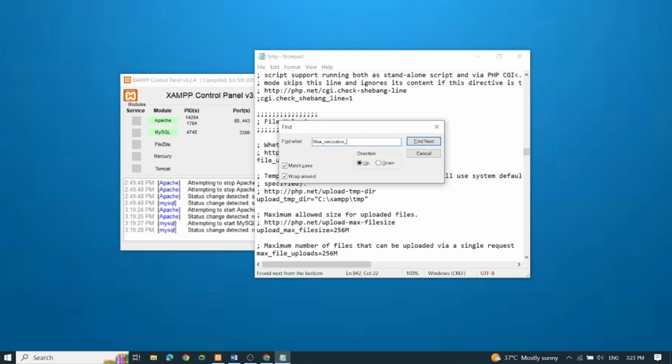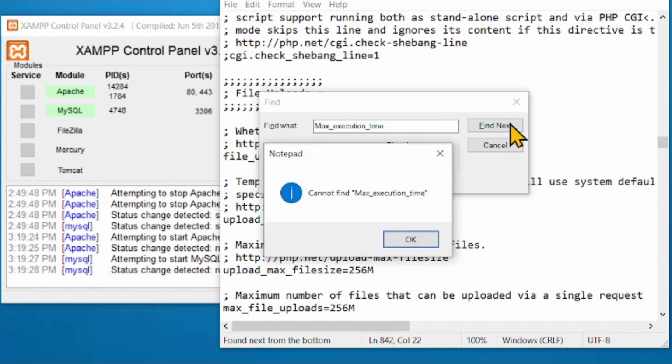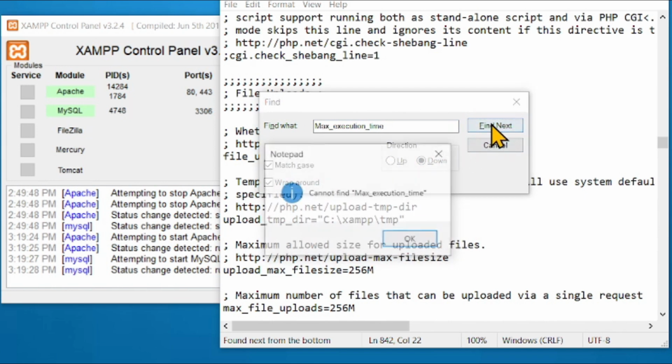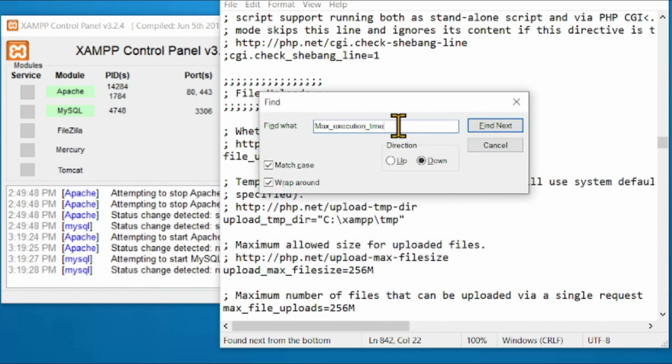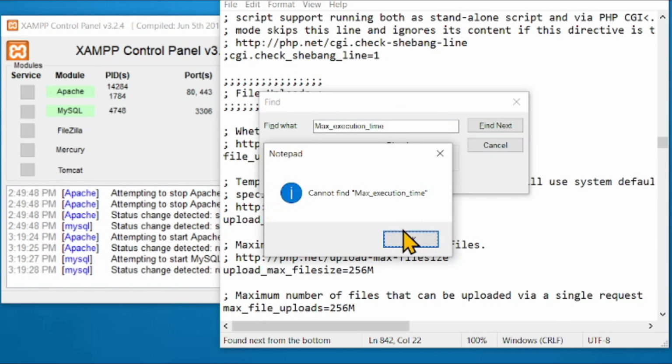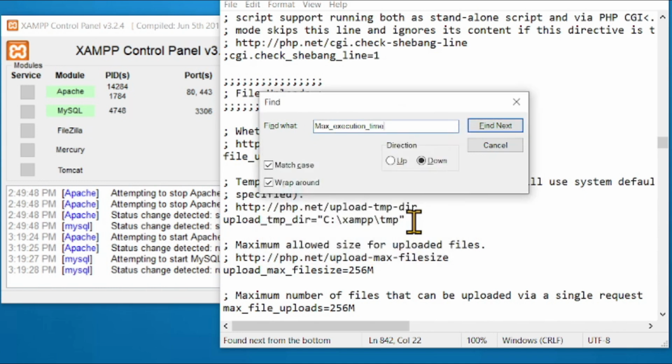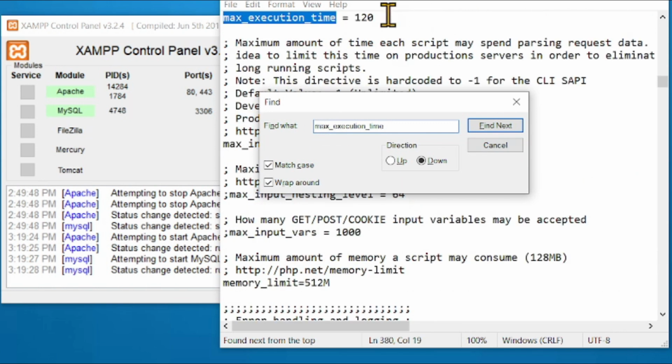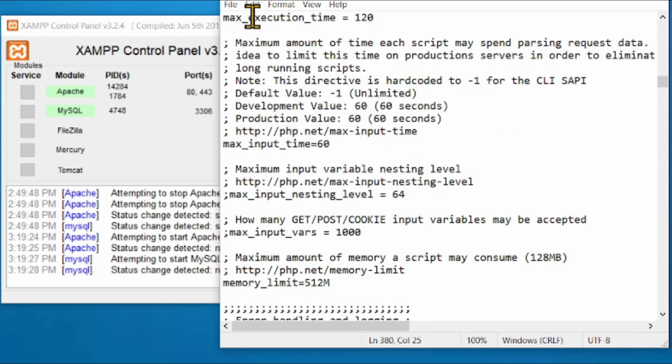And lastly, we will find max execution time. Let's change this to 120. After that, let's save